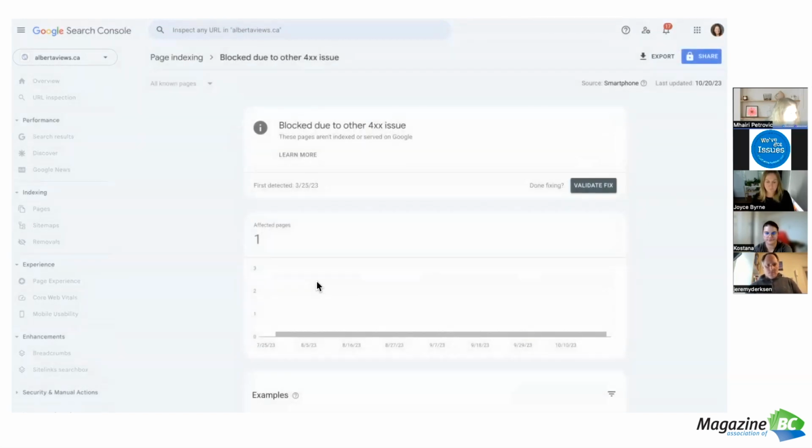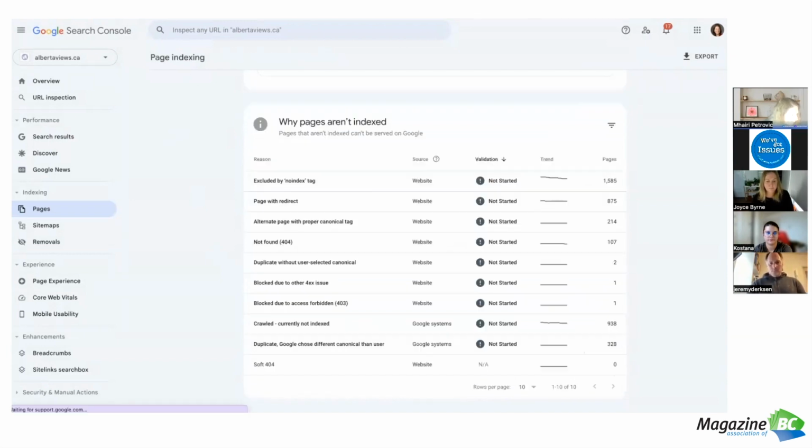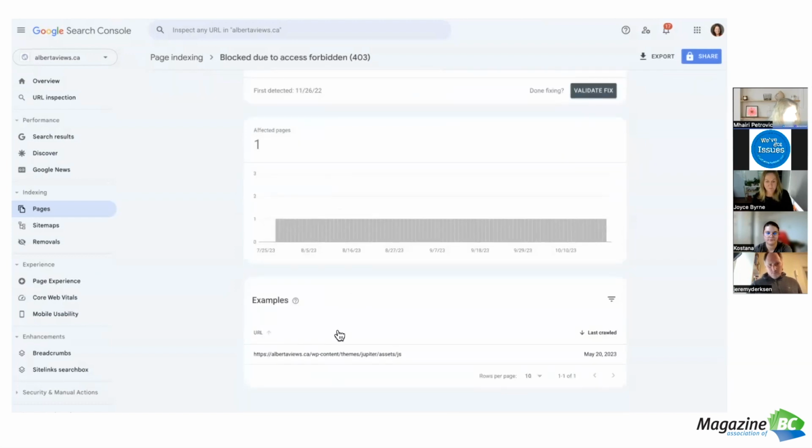So if there's an issue, you might want to look at to see, and this one I know, you don't want Google to see this, so that's not an issue because it's an admin component. You don't want people searching and finding your admin components. If you were to find ones that had 404 errors or issues, that would be something that you might want to dig into to see if there's something wrong with your site. You might want to look at anything that's forbidden, again, just to make sure. This looks to me like you don't want Google to see it, so that's not an issue at all.